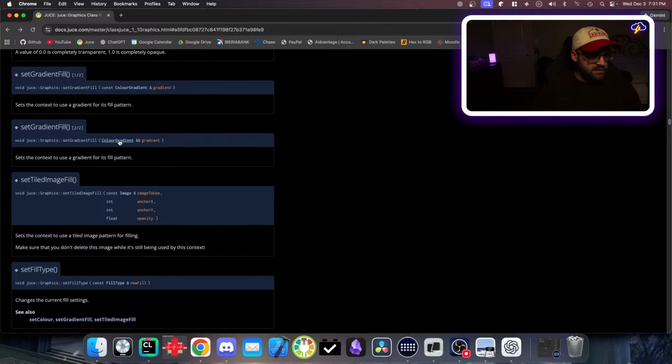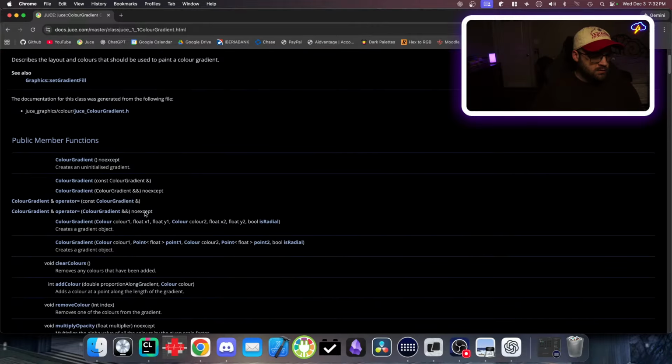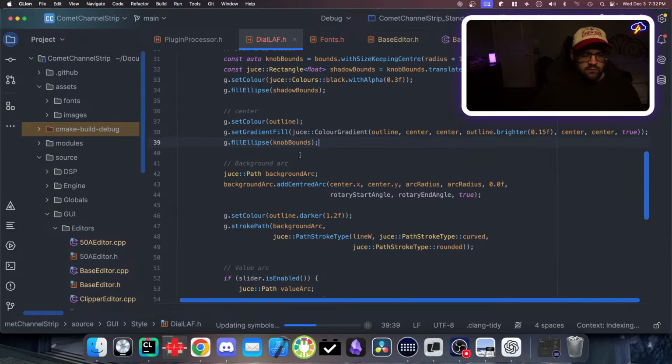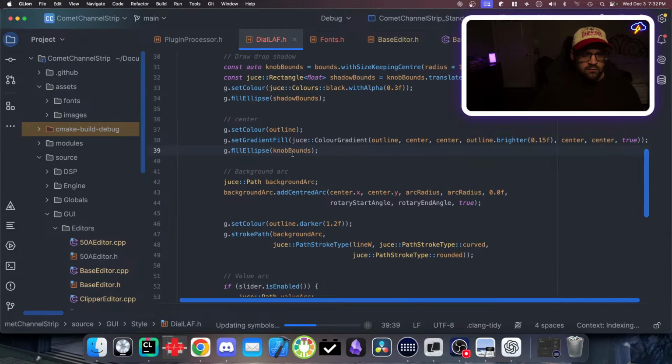Set gradient fill takes a color gradient. Oh, wait. Wait, do we have to? Maybe I just have to,